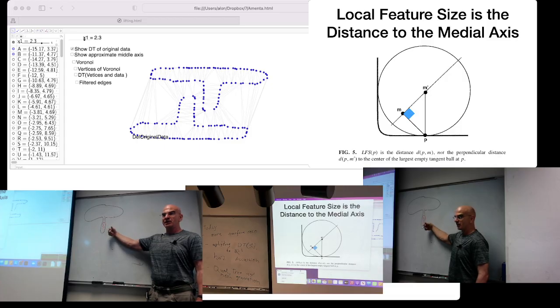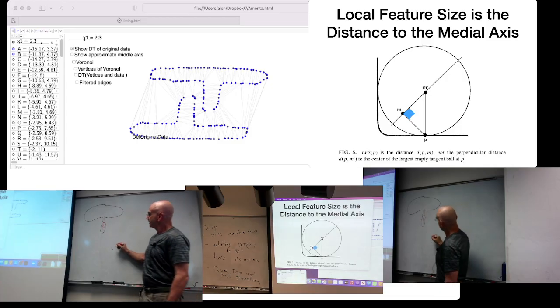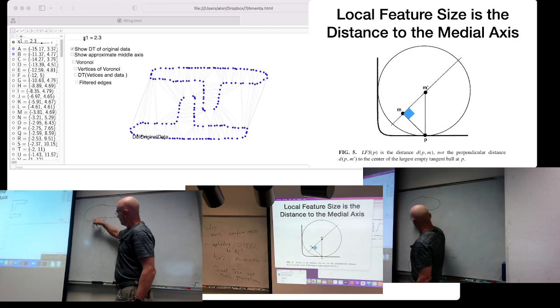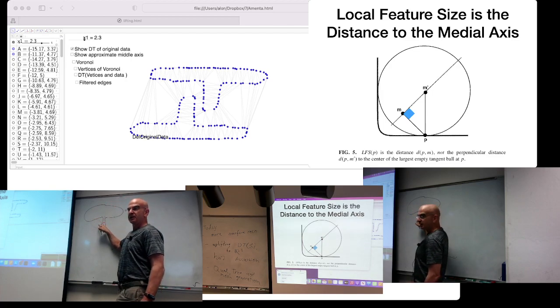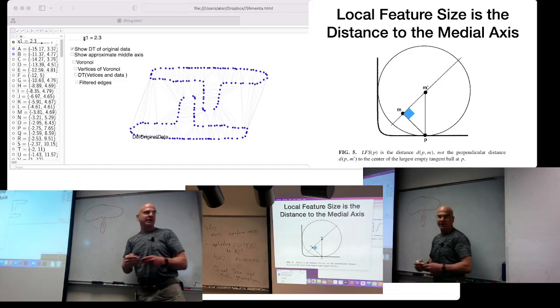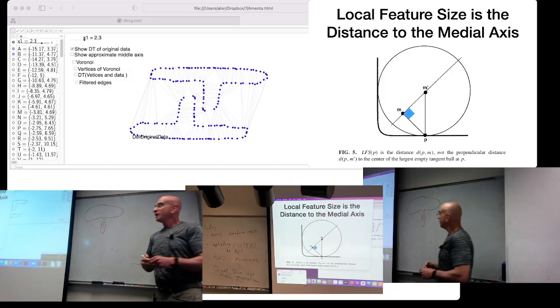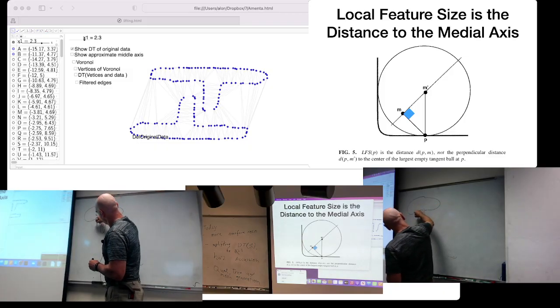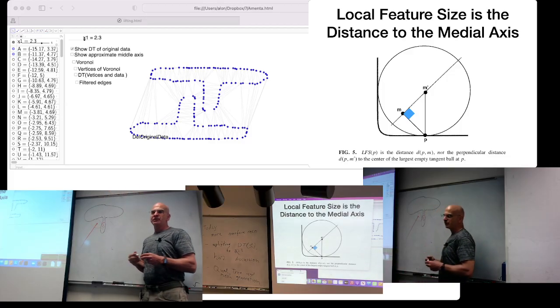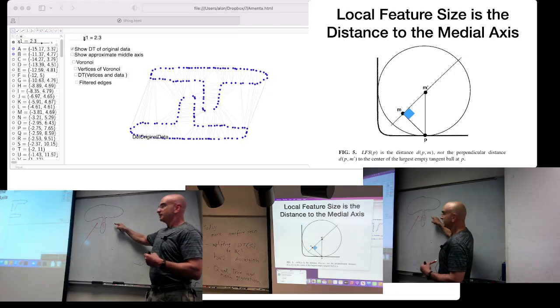If we don't know what the shape is, which is the next application, then we can think about, hey, there is also an empty sphere here that touches the boundary in exactly 2 points. And so I'll add its center also to the medial axis, and so on. So you have actually something that goes like this, depending on if you know what the shape is or not. Either way,